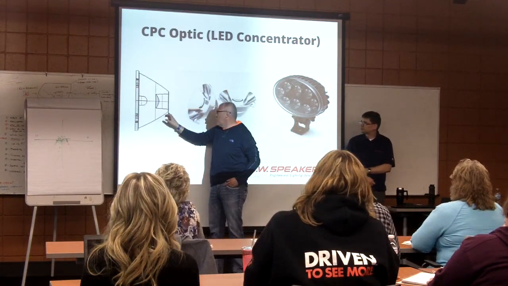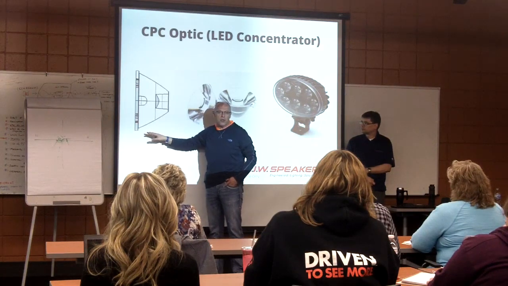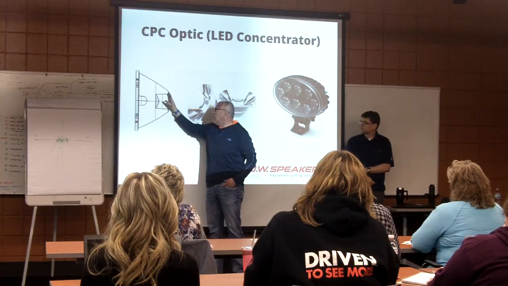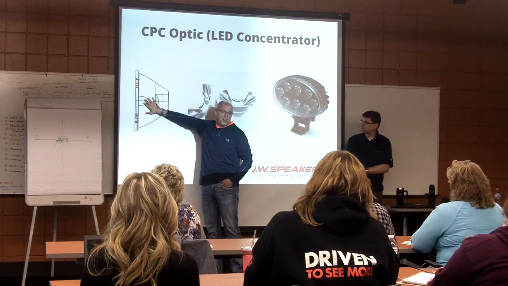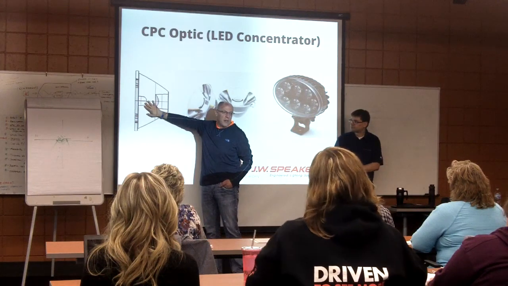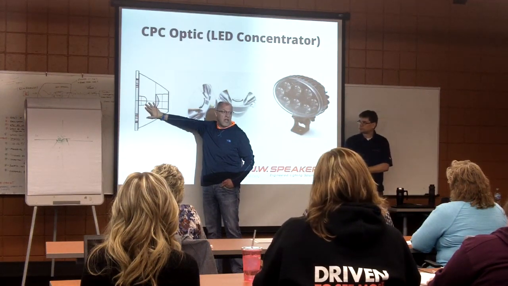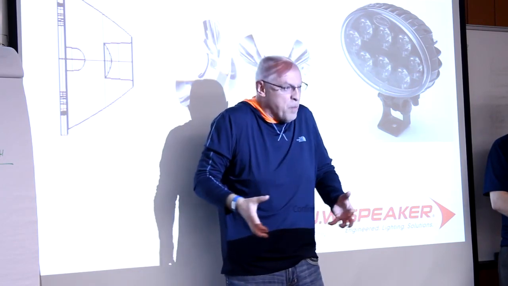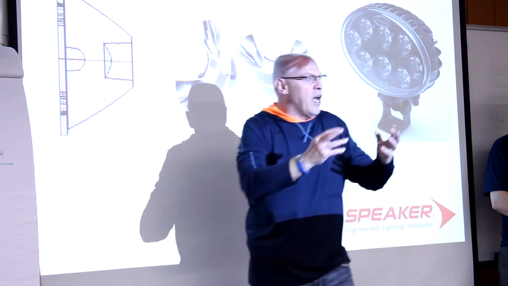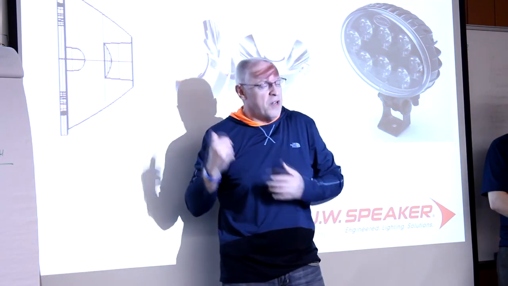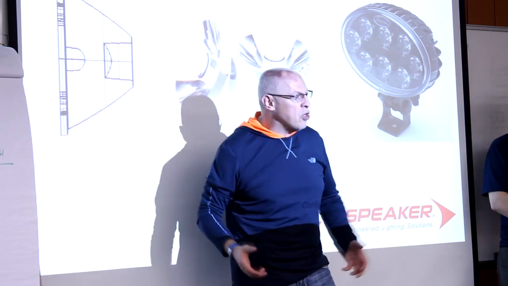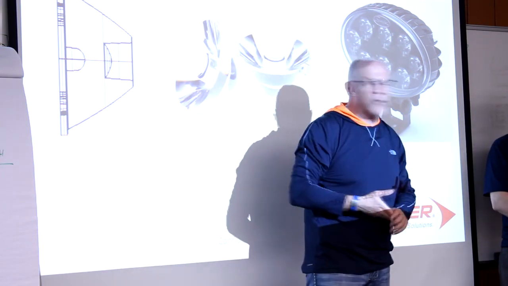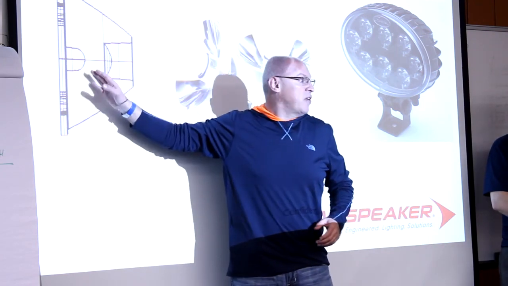Now, we have losses because this surface is not perfect. It's good, but it's not perfect. There is some polishing issue and so on and so forth. It doesn't matter, but this is a very efficient way. It doesn't look pretty, but it's a very efficient way to get there. And we cannot control it. It's just taking that light, putting it, let's say, in one bundle, and getting it out. We cannot control very much here, but it's a lot of efficiency. We can spread it left and right, up and down, but